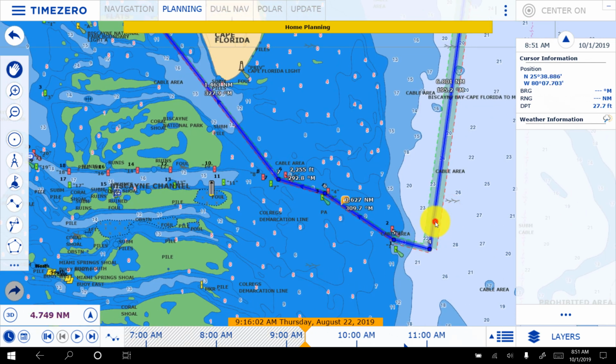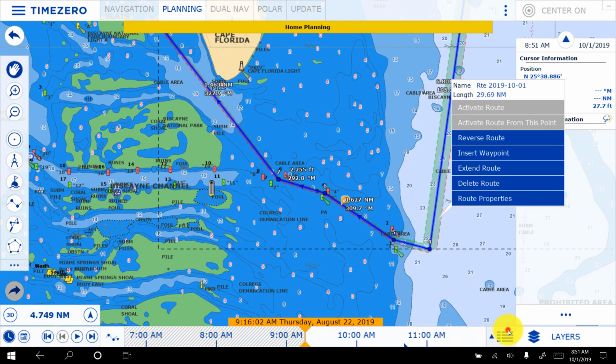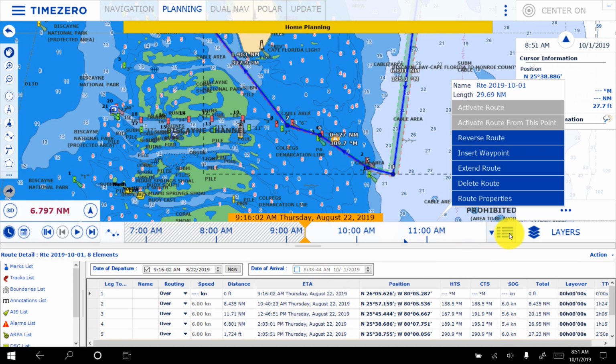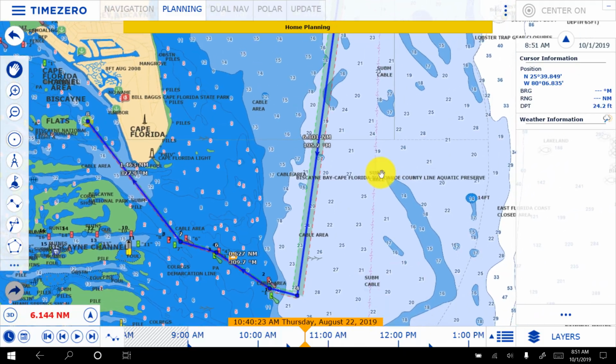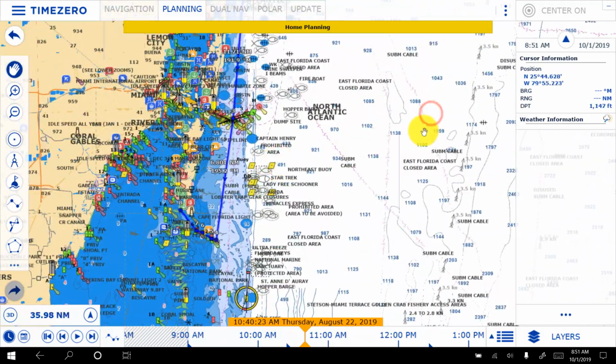Again, the route's selected, so we can just click on this little menu, and we'll see that if we leave at 9, we'll arrive at 2 p.m. That's totally fine. Let me make it even. Good. So now that we have that, we'll probably do something very similar for our crossing over the Gulf